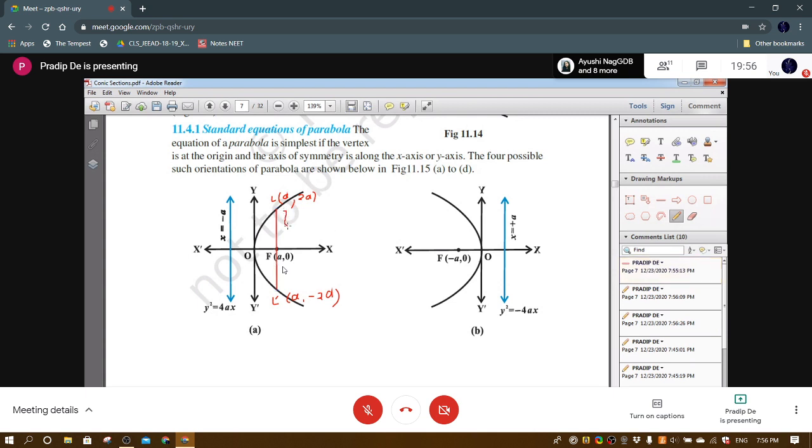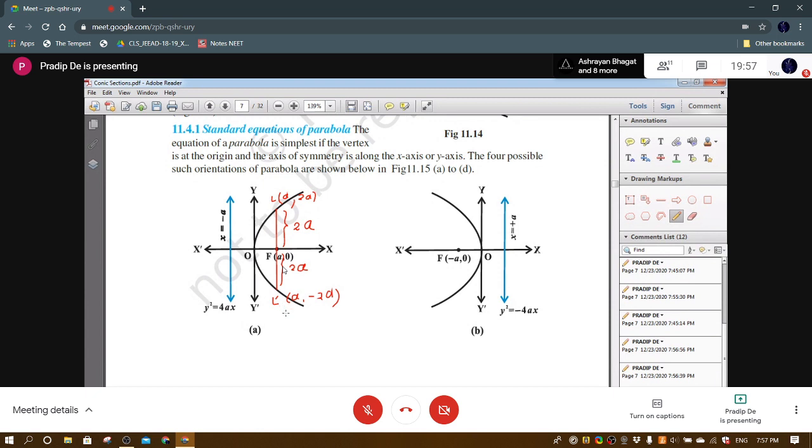This is 2a, and this is also 2a. Total length 4a. So the latus rectum has length 4a, and the endpoints of the latus rectum are a comma 2a